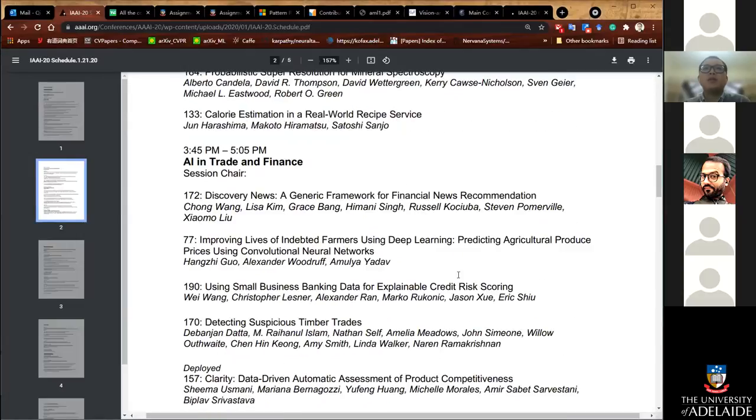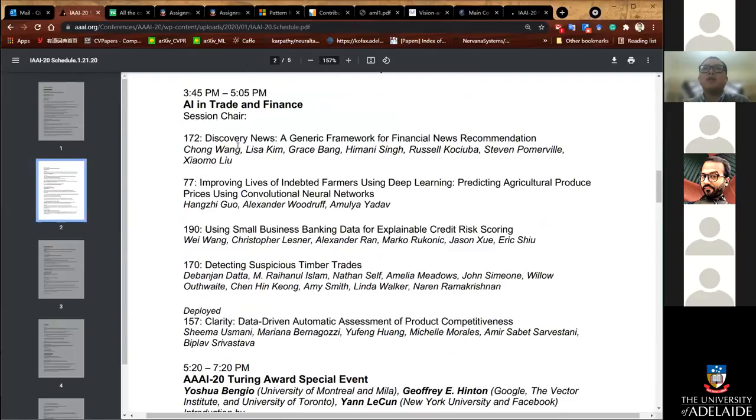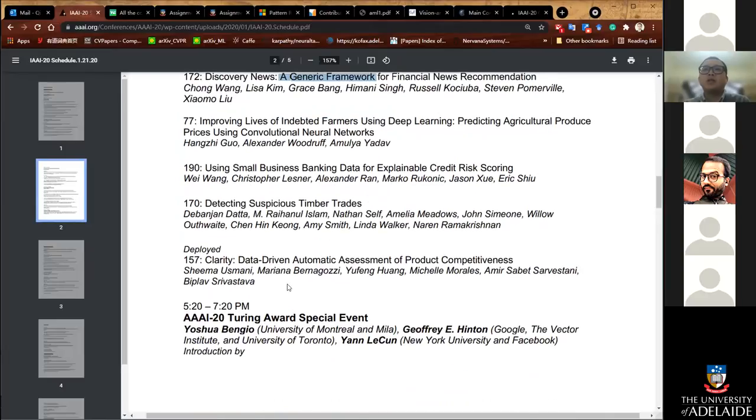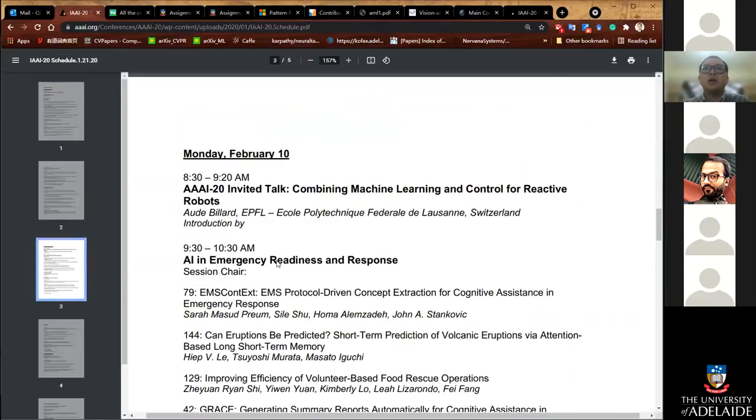AI in trade and finance, discovery news, a generic framework for financial news recommendation. The financial news recommendation now is an application, right? And the generic framework, I don't know what that means, but if you read the paper, you will find that there's an algorithm or system of doing that, right? And trusted, this is, okay, so